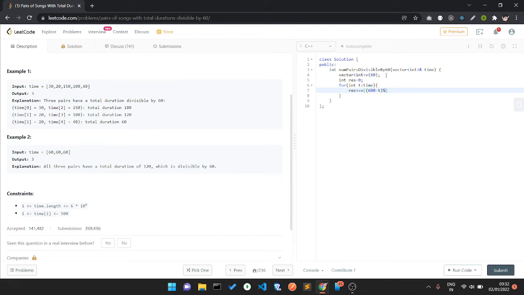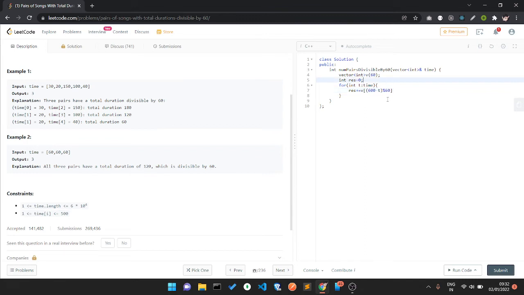Let me explain what I'm doing. 600 minus t, where 600 is like a mod int max, is going to give me, if this number is already available in my vector, a valid pair.